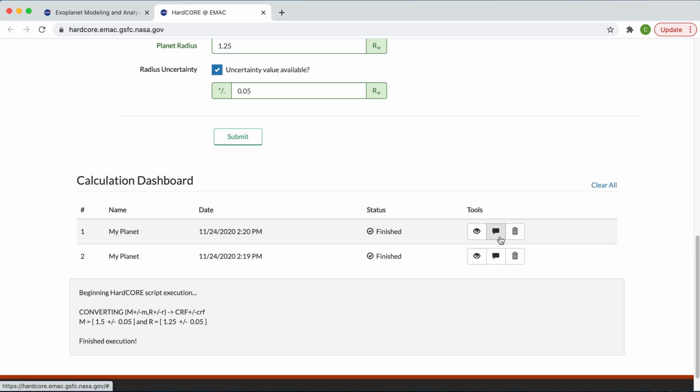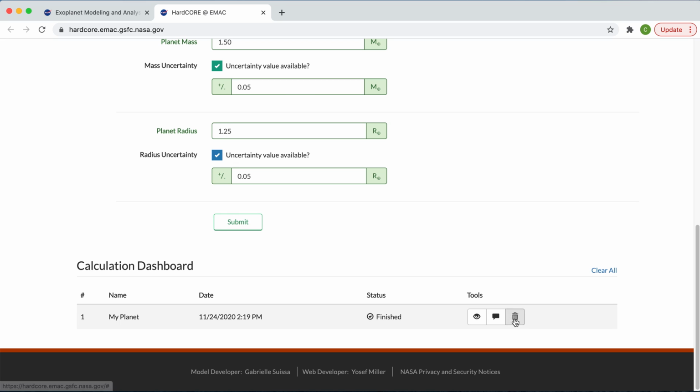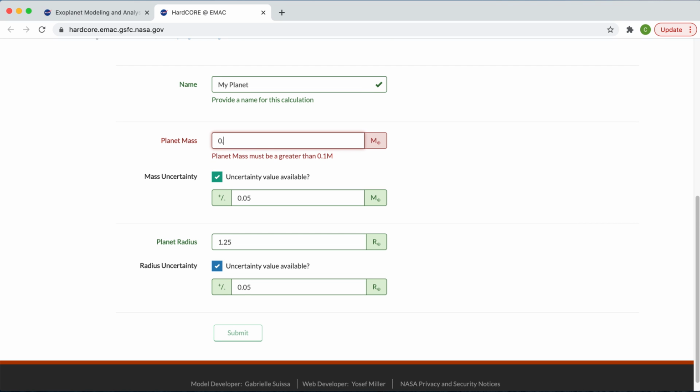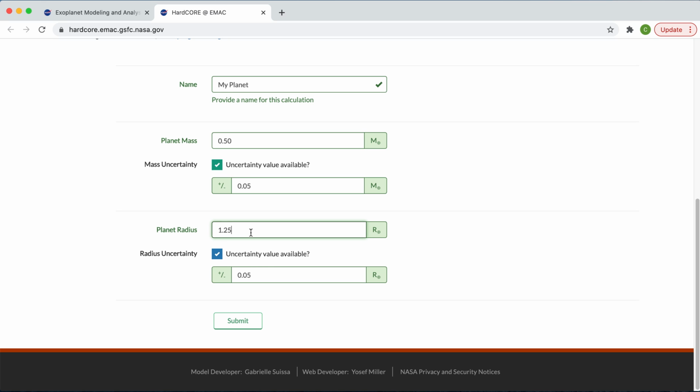This little button shows you the code associated with the tool, telling them the input values. It's not much information, it just shows you how it's running in the background, and the finished execution is basically what you see under the status icon. Now if you ever want to get rid of a tool or a planet model, you can just go ahead and delete these. And let's run one again with a smaller mass and radius,